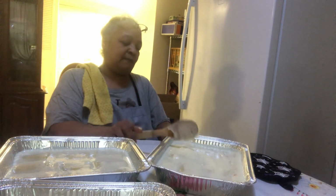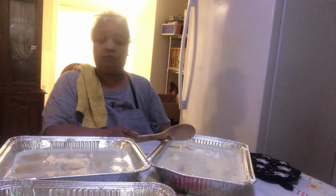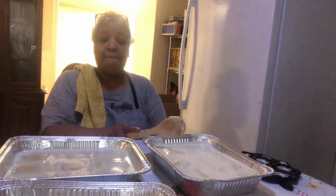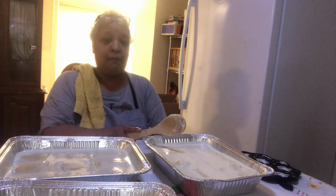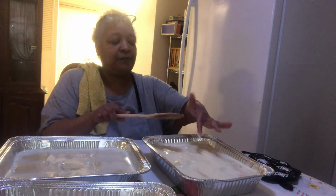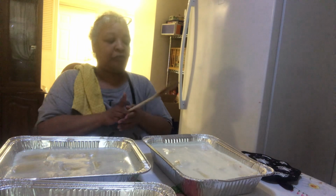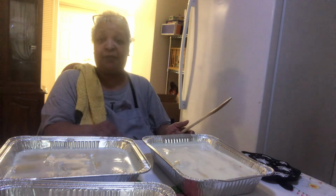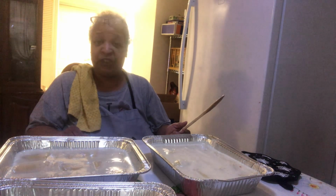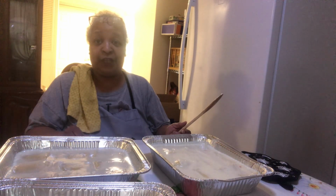All right. We'll have to take a little bit out of one of the trays for Caden's teacher. Oh, I know that. So, I told you all the story about that. So, I'm going to cover these up with foil, put them in the oven, bake them 350 for about 45 minutes. And then, when they come out, I'll take a picture and upload that as my thumbnail. So now I'm going to get off here, wash the dishes, and put the dishes away, and then we're going to get started on the